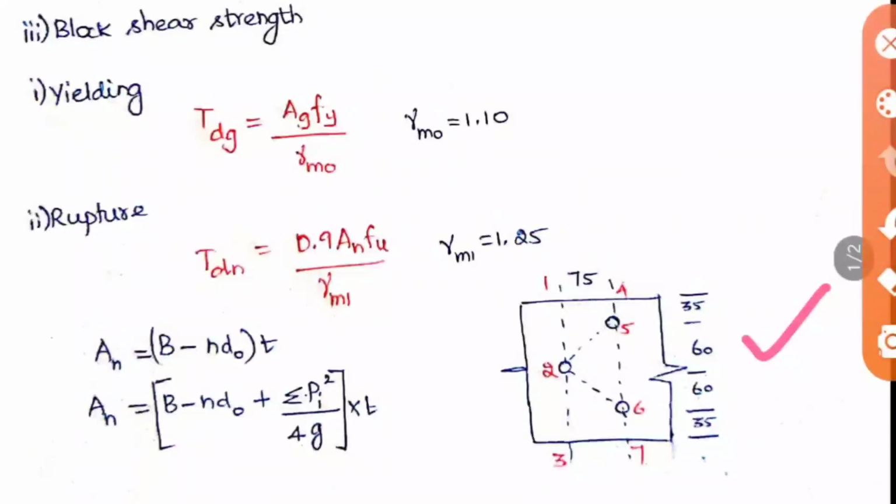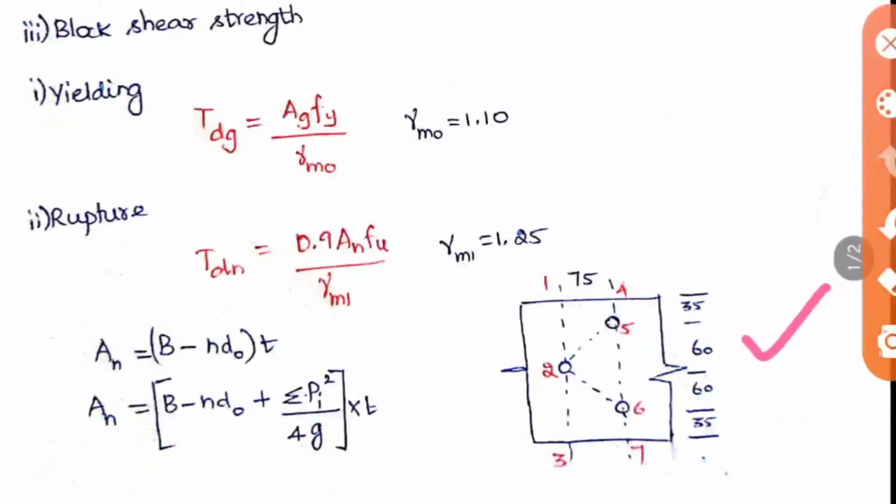Okay. So if this is the question asked and they ask you to find the critical net sectional area, how should you do it? First, we want to find the critical line, where the rupture actually occurs, because only after that can we find the area for it. There are several possibilities for the failure or rupture to happen, so first let us find that out.